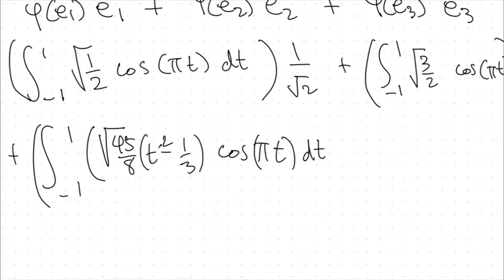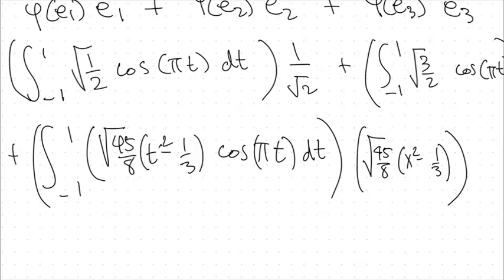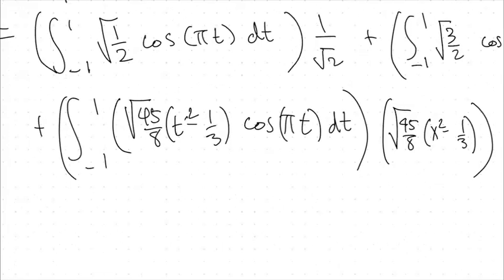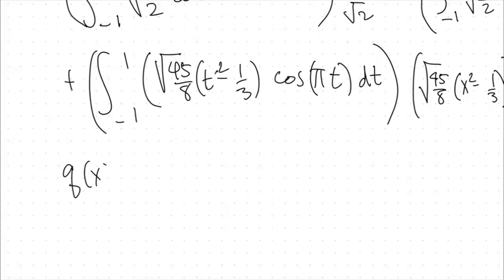Then dt, and then multiply that with square root of 45 over 8, and then x squared minus 1/3. And this is a lot of computation, and then we will get eventually, please check, q of x will be